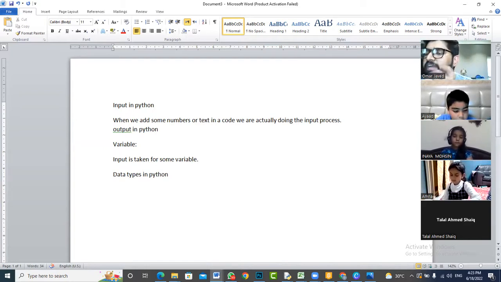So let's say that you have to put 5 balls in a bag. But if you do not have a bag, you would not be able to put all those balls in the bag. So bag is a sort of a variable here. Balls are the values that you have to put in the variable. A variable must be present before you can put a value in that. Another example,